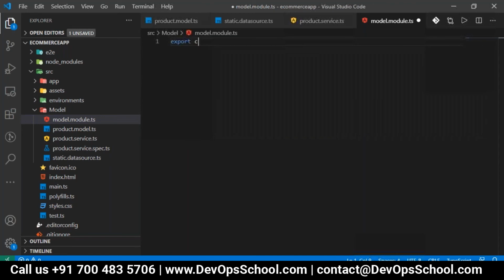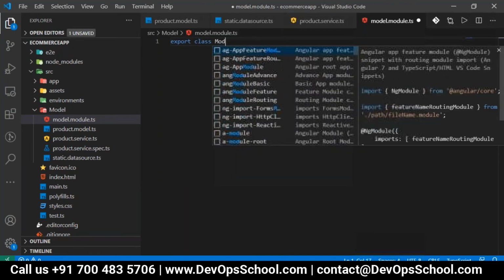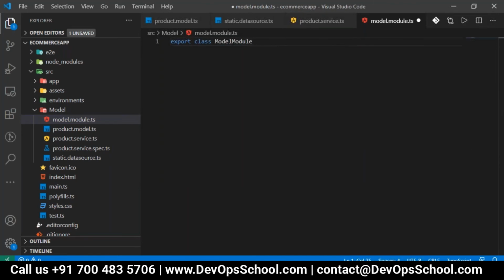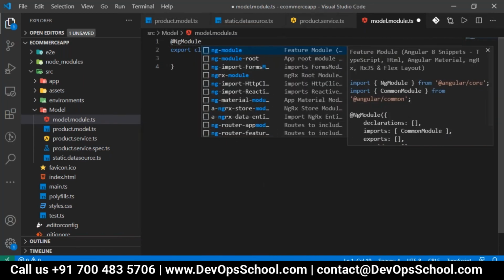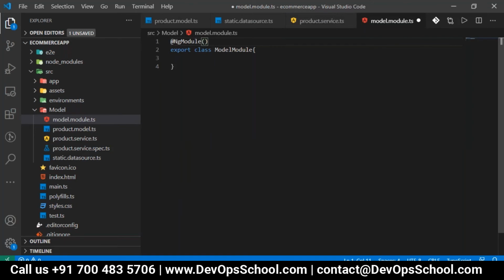Export class ModelModule. So the module class will have the decorator called NgModule. Inside the NgModule, we have imports, exports, declarations, providers and bootstrap.